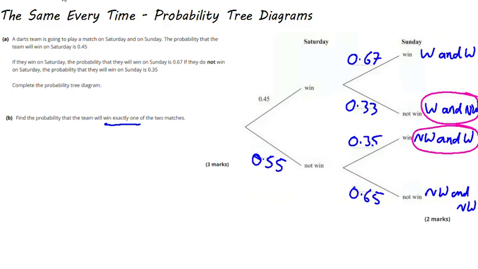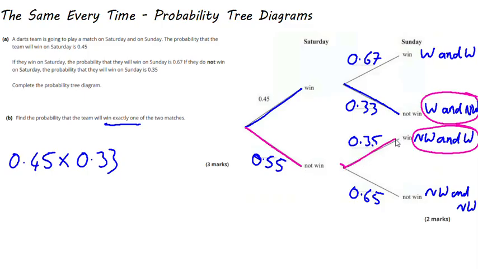Now we work out the probability, remembering that if we go from left to right on our tree diagram, so we're going there and there, we must multiply. So 0.45, and remember that's an and in probability language, translates to a multiply, 0.33. The other option is we go down there, not win and win, so that would be 0.55 and, or multiply,